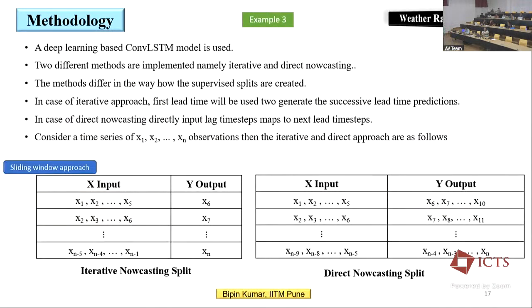Okay, so now, still example 3. Here I have used the convalescentium method. One more thing, which is not that important now: generally people go for the iterative method. But sometimes you want to forecast the next 5 lead time steps. So you will develop a model. I'm giving the past 10 time steps and I want the next 5 time steps. I will generate a model giving 10 and getting the 5 directly, which we call the direct approach.